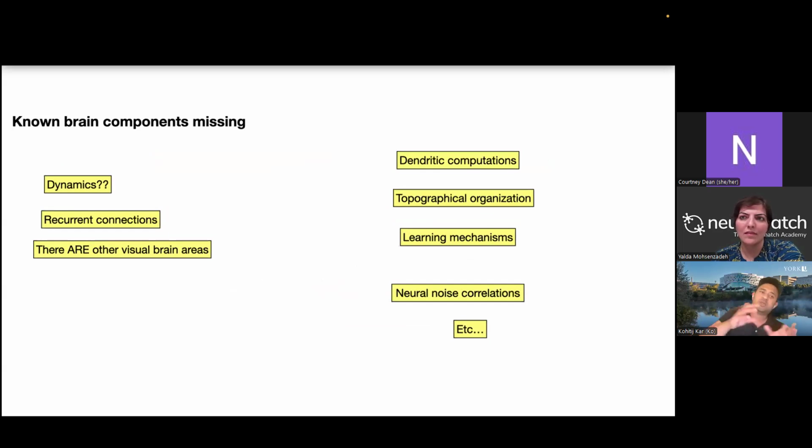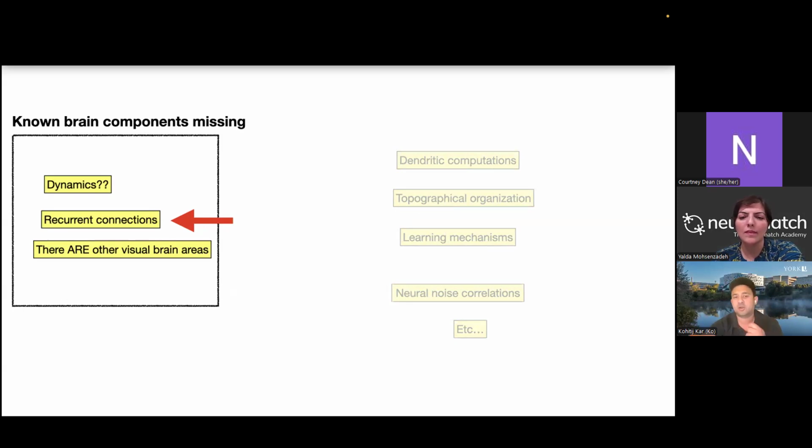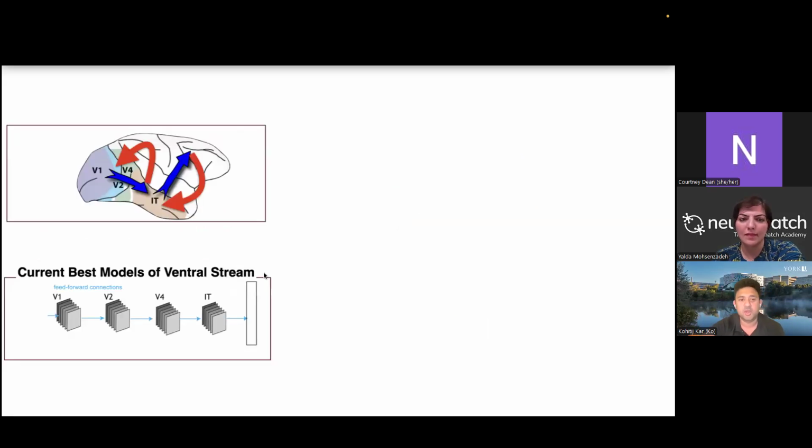By the way, one nuance here is that a lot of these computations, although they are not explicitly put in the model, somehow the model might still be capturing those. And those are interesting research directions to pursue, at least in my opinion as well. But anyways, I selected my favorite three items. And I said, okay, let's start with these items and let's start to ask questions about recurrent connections. Can you put in recurrent connections and make the model a better model of this core object recognition phenomenon that I'm explaining to you? Okay, so how do we formulate this as a study?